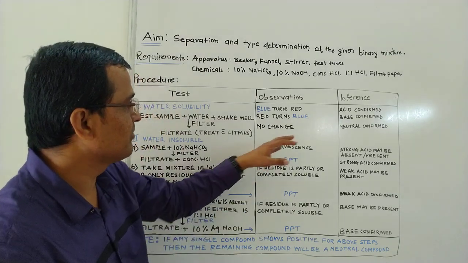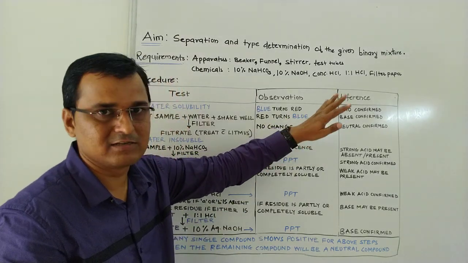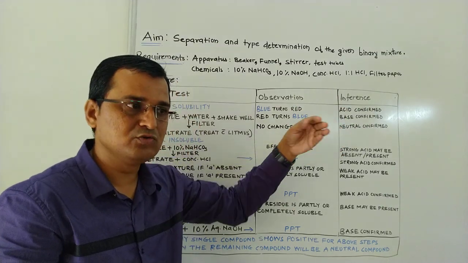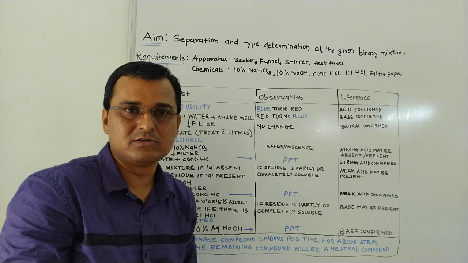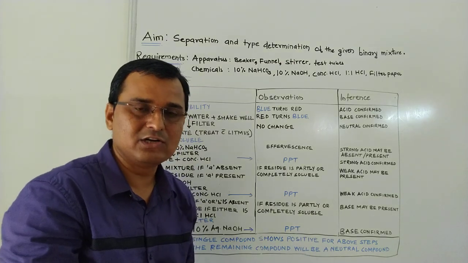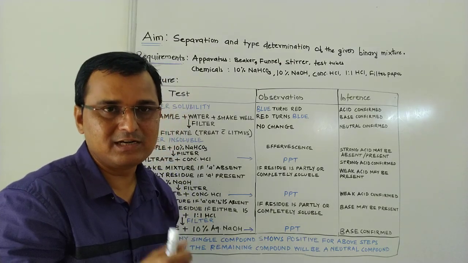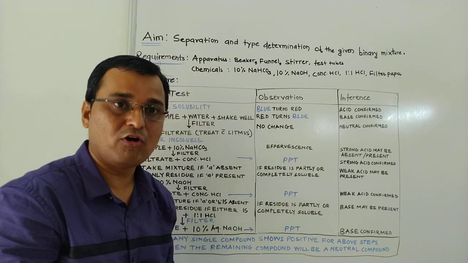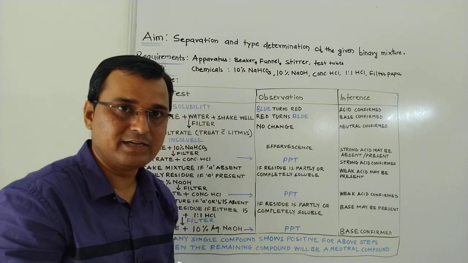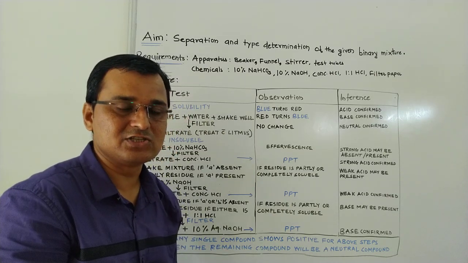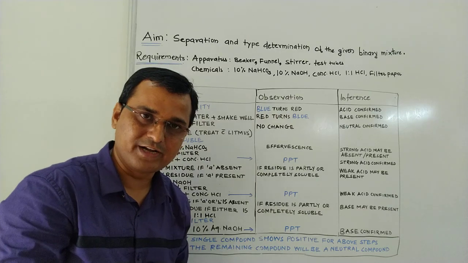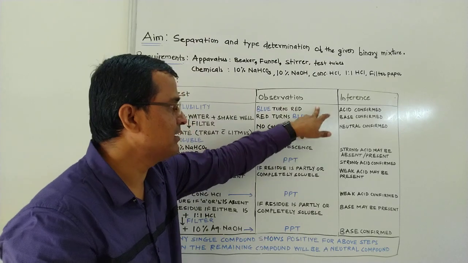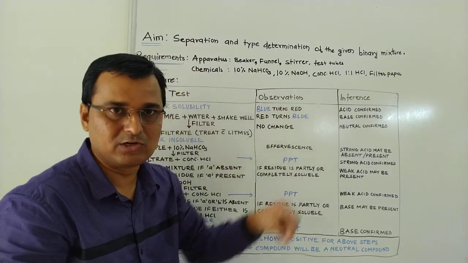So in that case what will happen, instead of cinnamic acid, phthalic acid, if I am doing a urea and phthalic acid mixture, in that case urea is the water soluble one. So you just take a pinch of the mixture on a spatula and add it into the test tube. You will immediately come to know whether the texture of your compound has changed or the quantity of the compound has changed. So if there is a great change in the quantity or texture of the compound upon addition into the water, then in that case you may confirm or rely on that particular test.